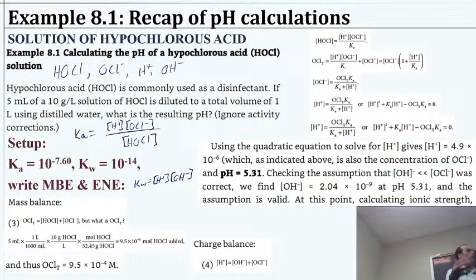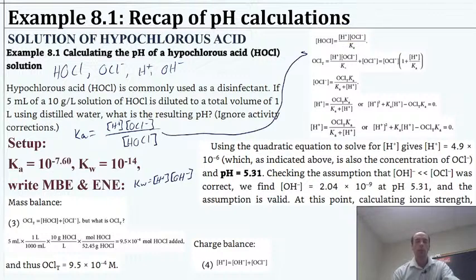And here's the next step of the process where I hope you can follow along or recall, and make sure you're comfortable getting here. We've done this before with the HA case, and this is no different. This is just HOCl instead of HA. We've swapped OCl for A. So we've got this equation, right? I just wrote that again right here, and it was just rearranged. We've got the OCl total,